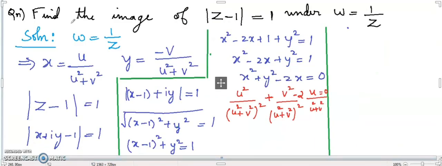Okay, next question, find the image of |z - 1| = 1 under the